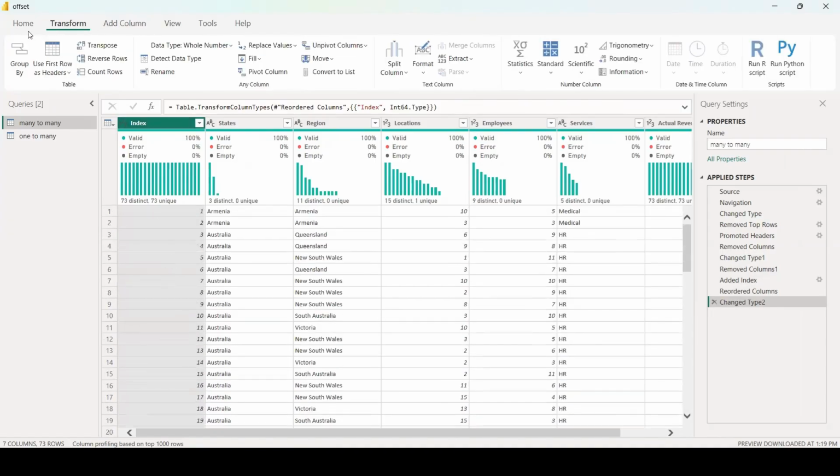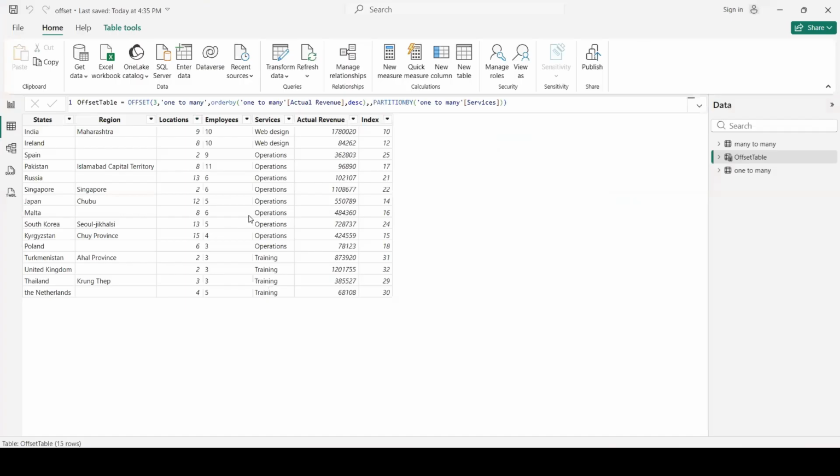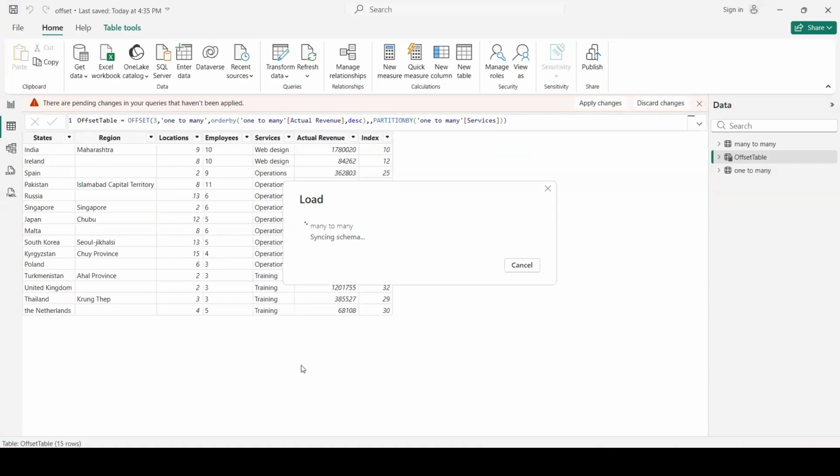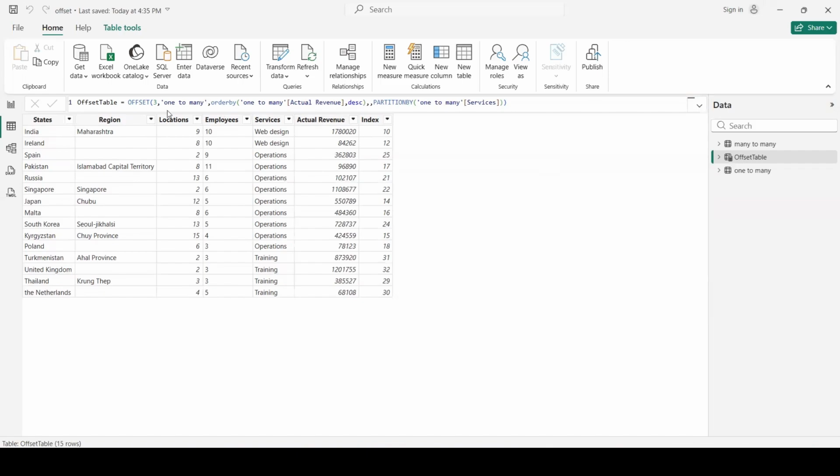So if we close the transformation view, data will be loaded, and we need just to change again to move to many table, because in this formula we have only the first scenario.